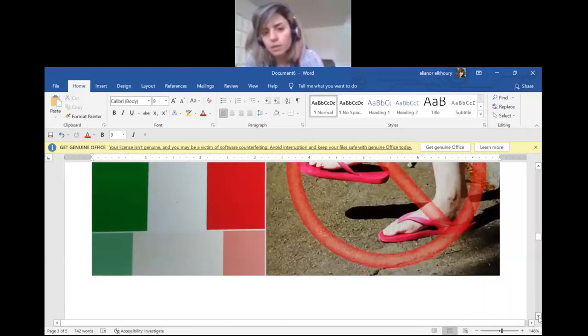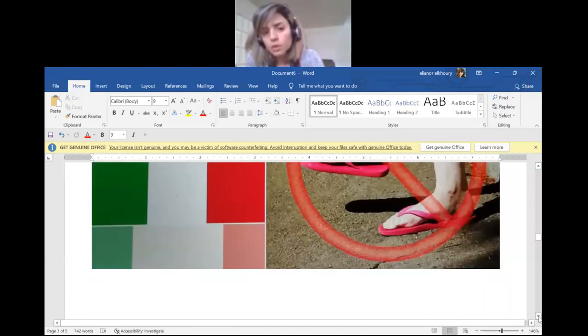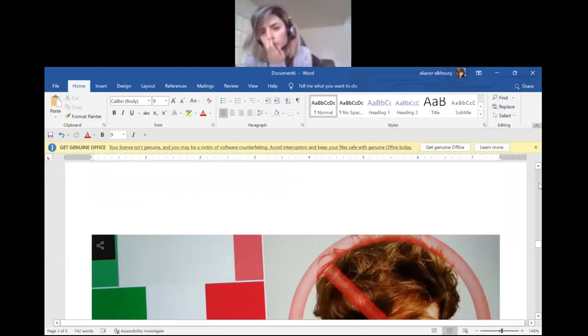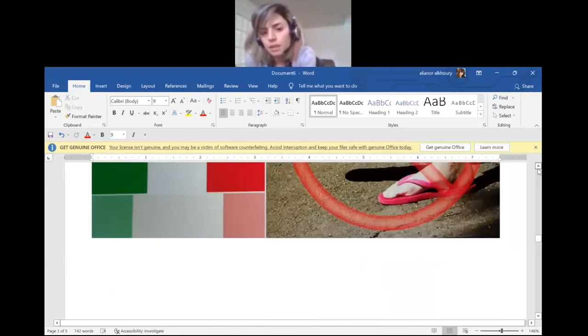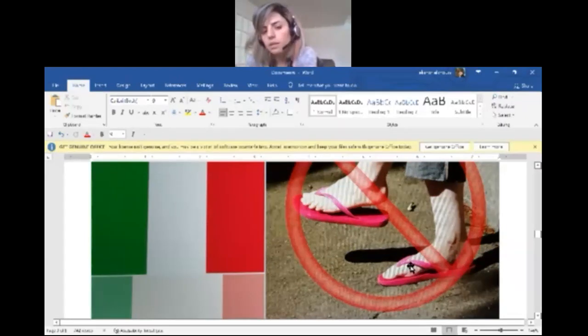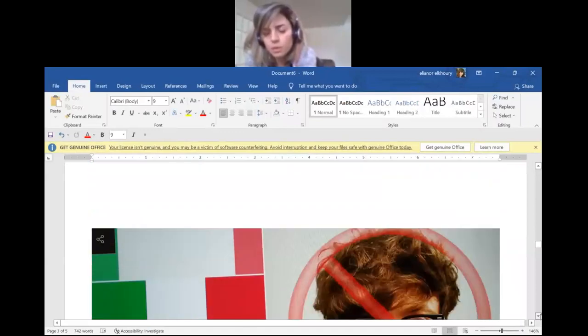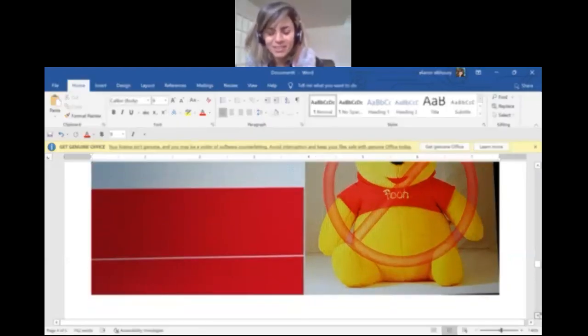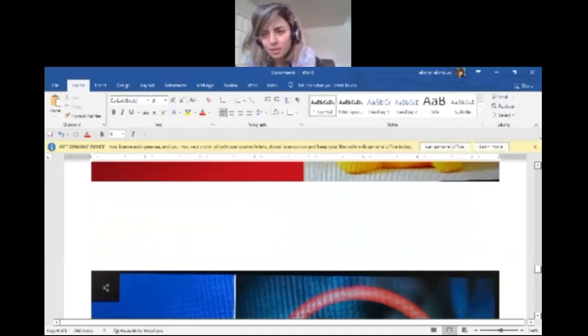and they needed to write one sentence about each photo, focusing on the rule that the photo represents and using one of the modal verbs. So, for example, let's say we're working on this one. They need to say, like, in Italy, you mustn't or you shouldn't wear flip-flops while you are in Italy. Interesting. Yes. So I chose different rules from different countries. They had a hard time guessing the flag or the figure,